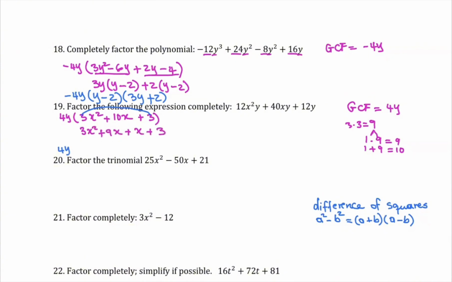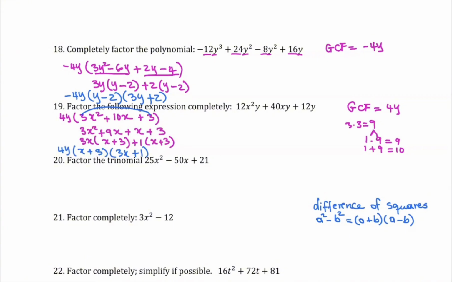The first two terms will be my first group. The last two terms will be my second group. GCF of the first group will be 3x, right? So that's x plus 3. GCF of the second group, that's just 1, x plus 3. Now, if I factor my x plus 3 out with the 4y being on the outside, so x plus 3 times 3x plus 1 is the final answer. Okay. Now, next,